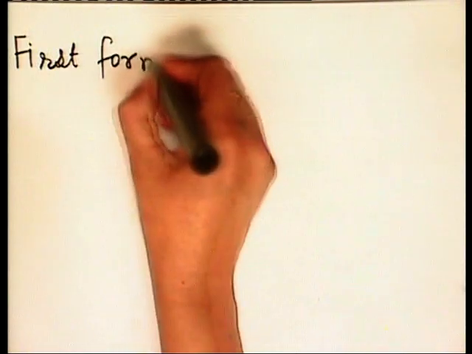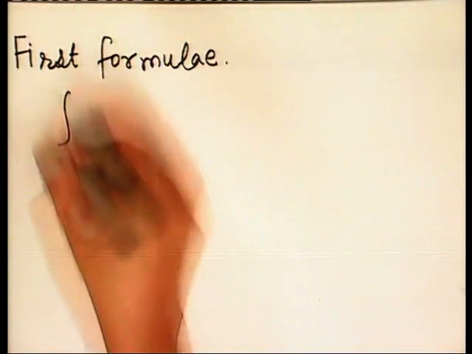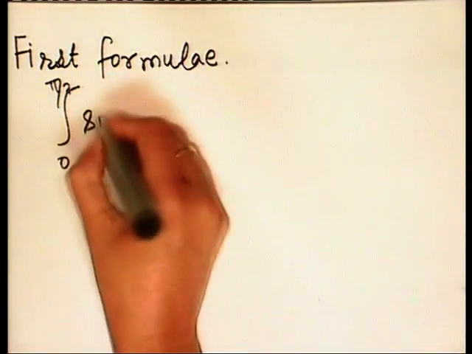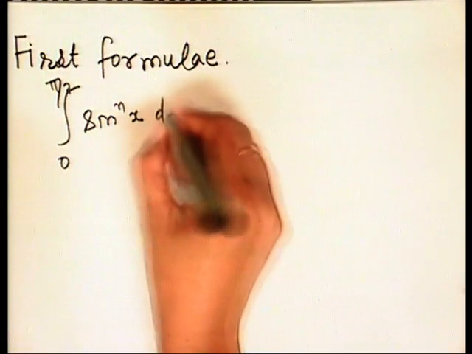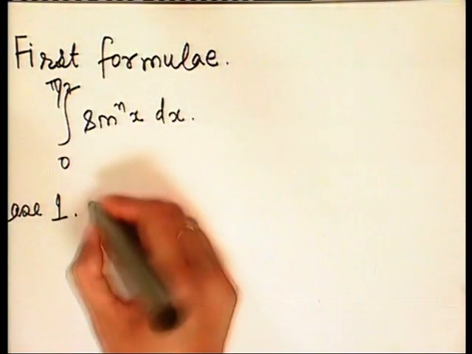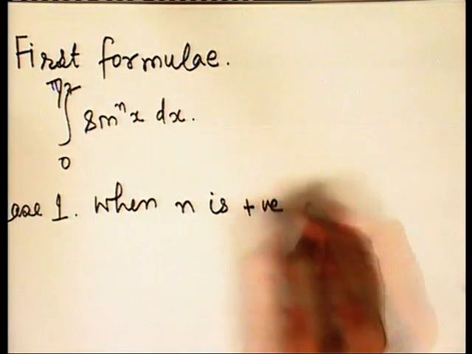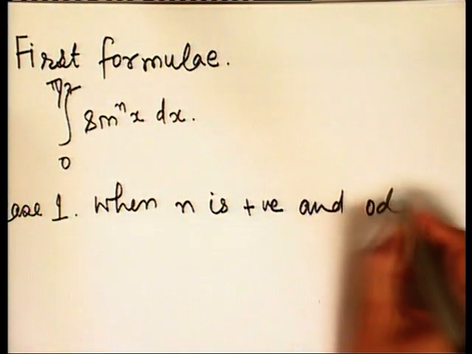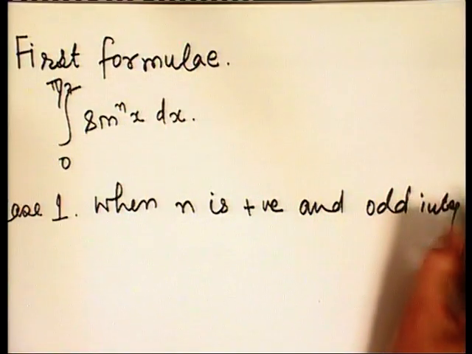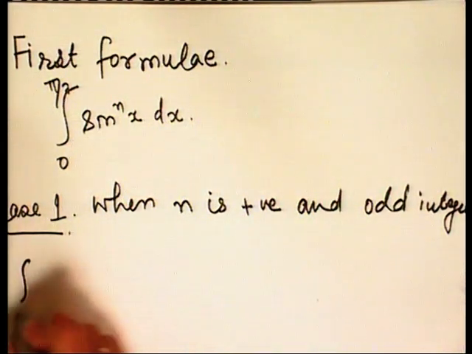Now the first formula is integral from 0 to pi by 2 of sin nx dx. Case 1, when n is a positive and odd integer. Then our formula will be